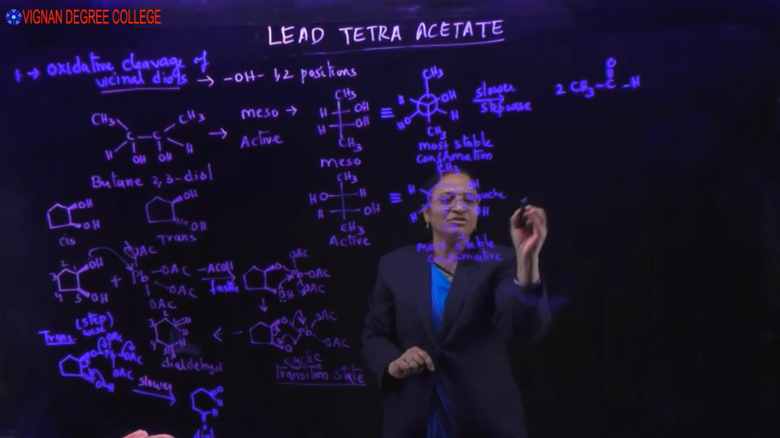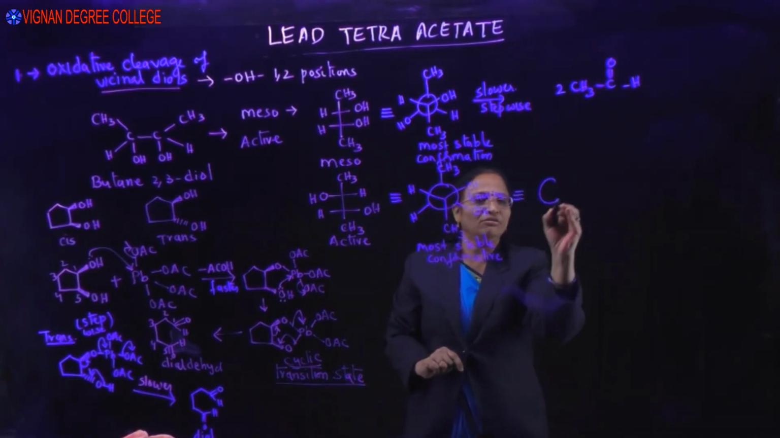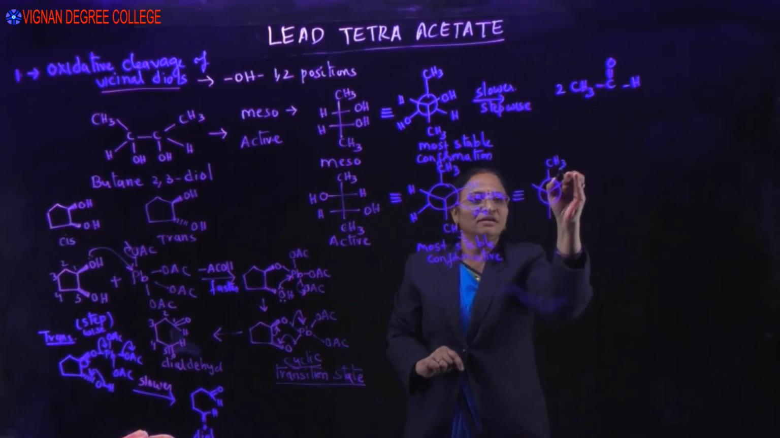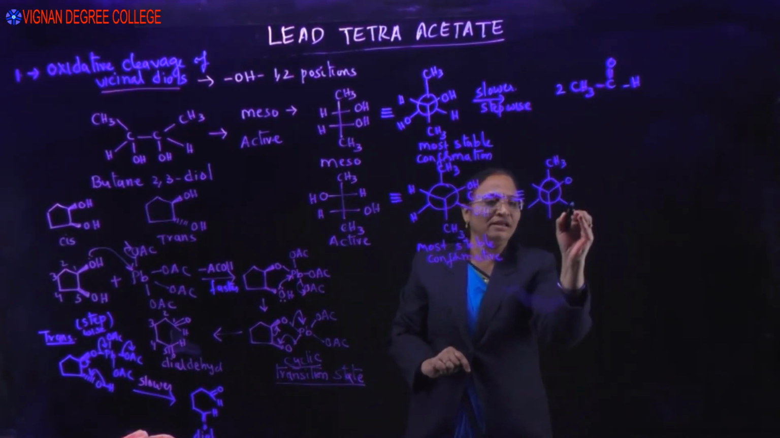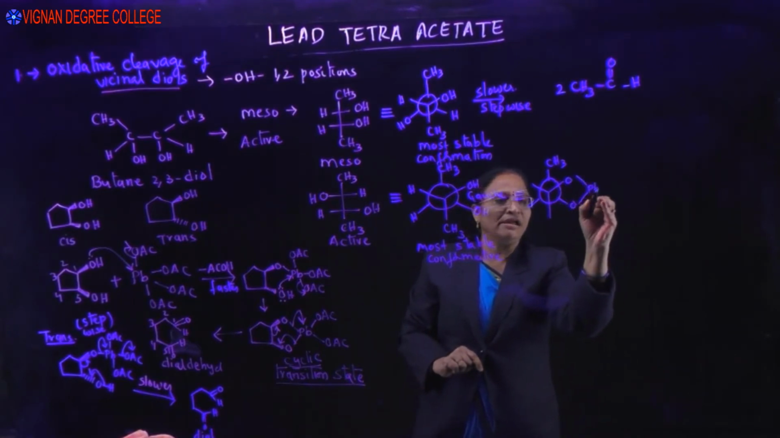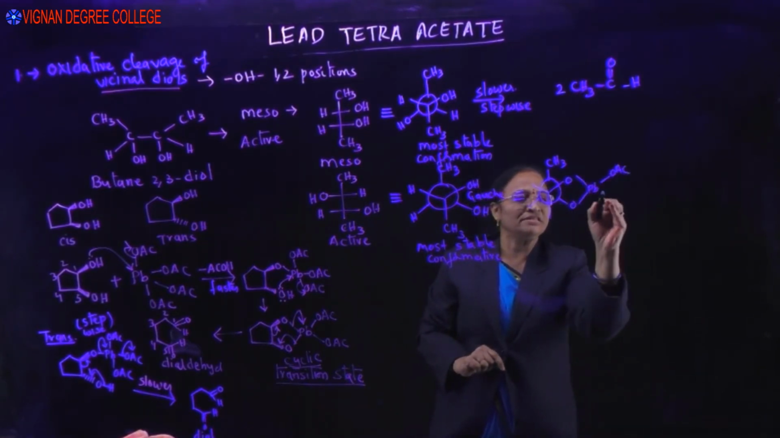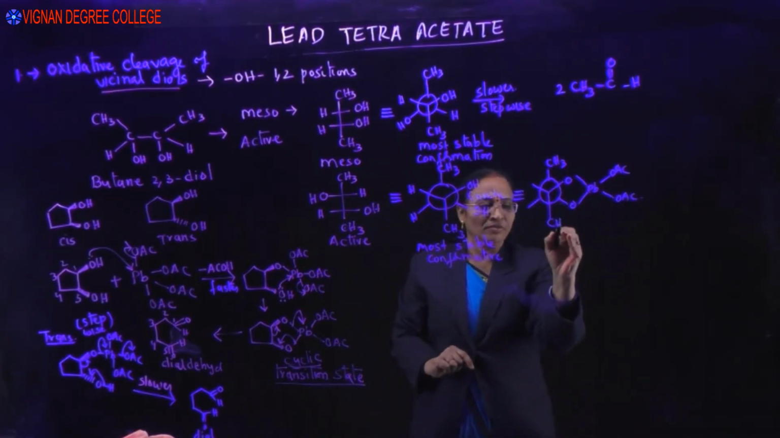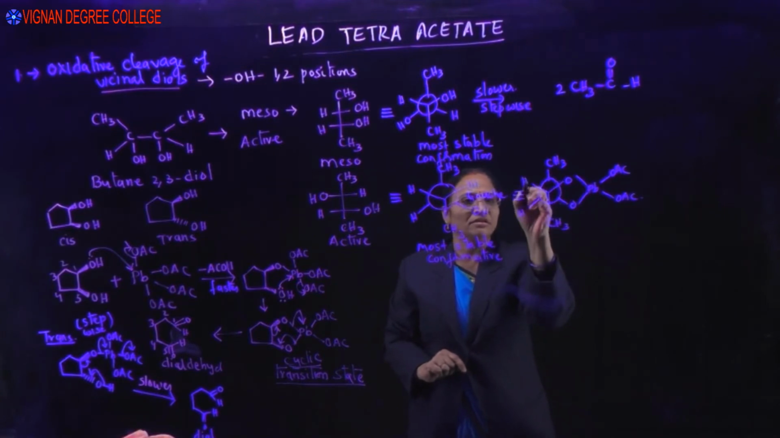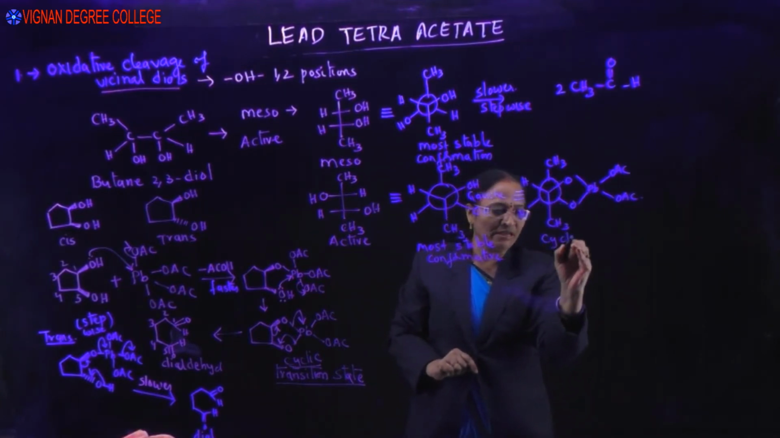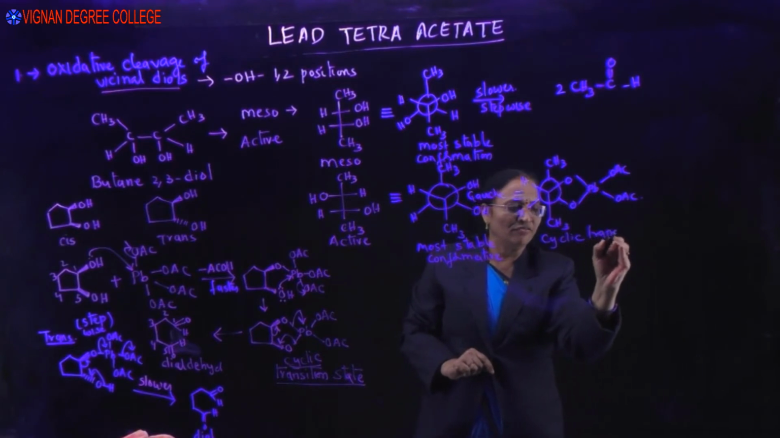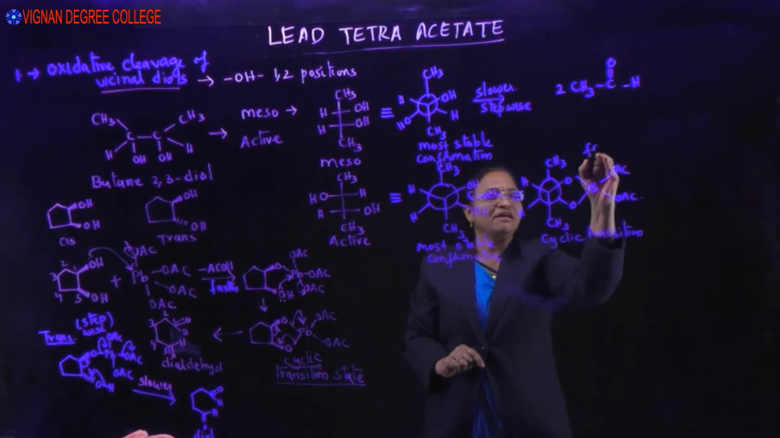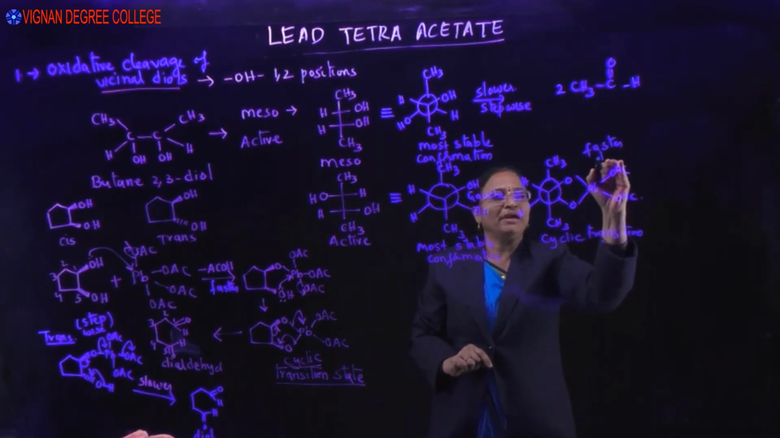Since they are close to each other, they can easily lead to the formation of a cyclic transition state like this. Since this is forming a cyclic transition state, the reaction occurs quite easily. This is your CH3H. So this results in a cyclic transition state. Therefore, the reaction occurs easily, or I can say the reaction occurs at a faster rate when compared to the